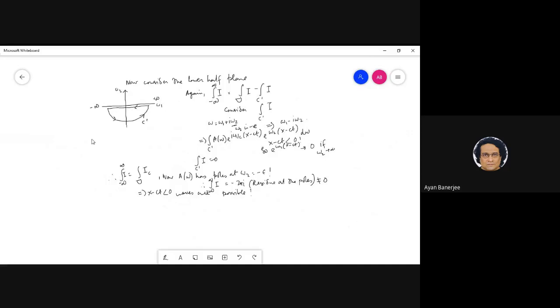I mean, basically what I'm trying to say is we cannot consider x minus ct less than 0 in the upper half plane and x minus ct greater than 0 in the lower half plane, because in both cases the integral along the contour itself diverges. You understand? This is crucial. Actually, this is a very important understanding. Okay, so remember, our task is to show whether any solutions at all are possible. So very clearly we are seeing that a wave packet propagating faster than the speed of light cannot be; it has zero solution. That is not possible.